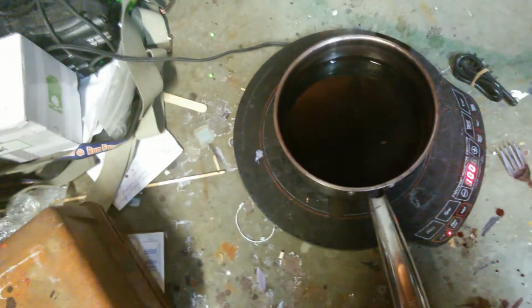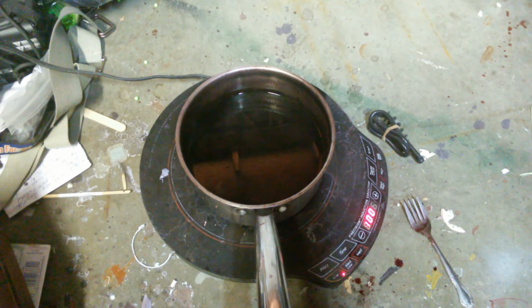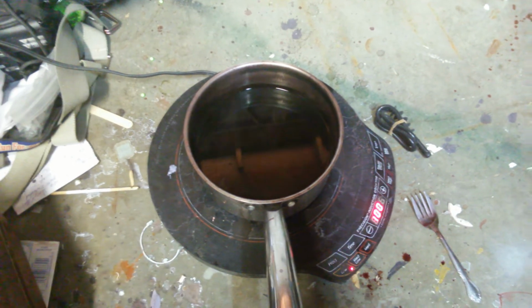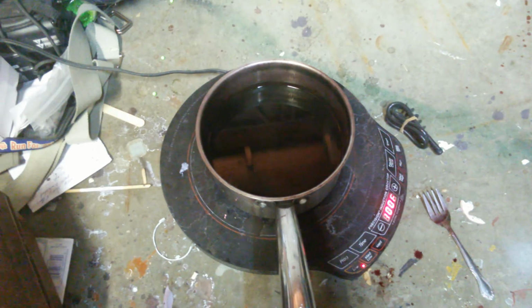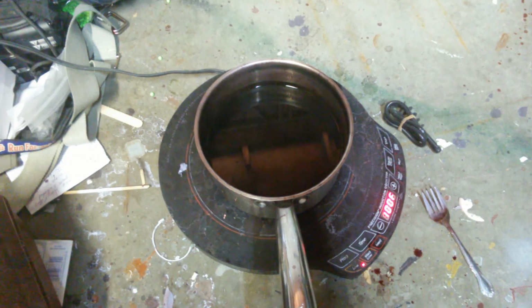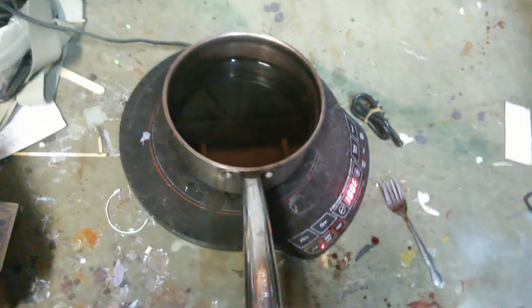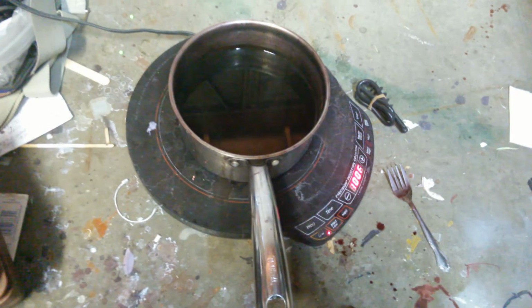Anyways, that's pretty much it. That's pretty much how you dye a figure. And a helpful tip: when you're dyeing, make sure you use the synthetic dye. It'll say synthetic on there, because synthetic is a stronger dye, and you'll pull a better dye from the vinegar that way. If you use just a regular red dye, it'll work and everything, but